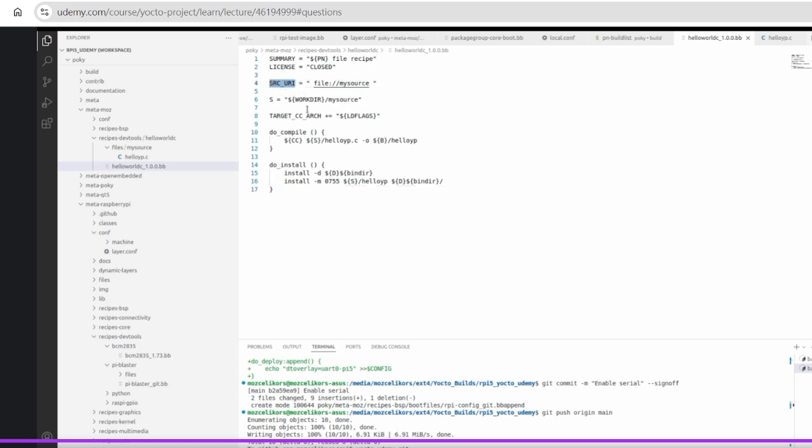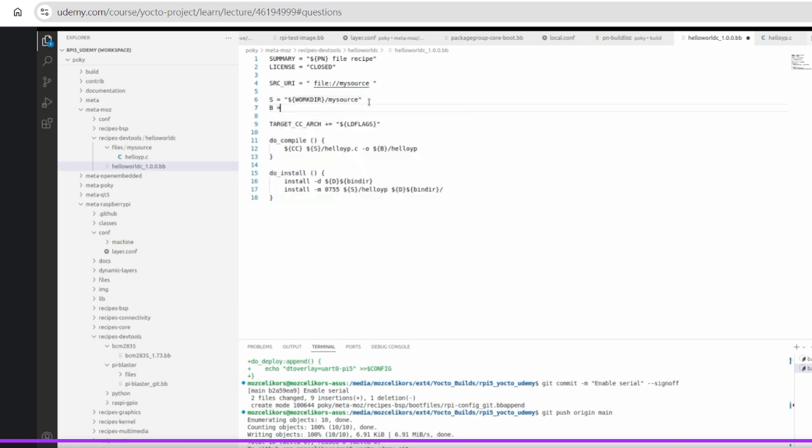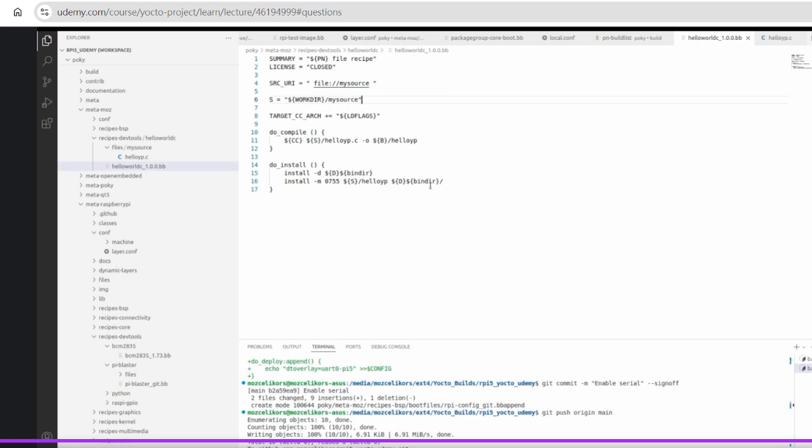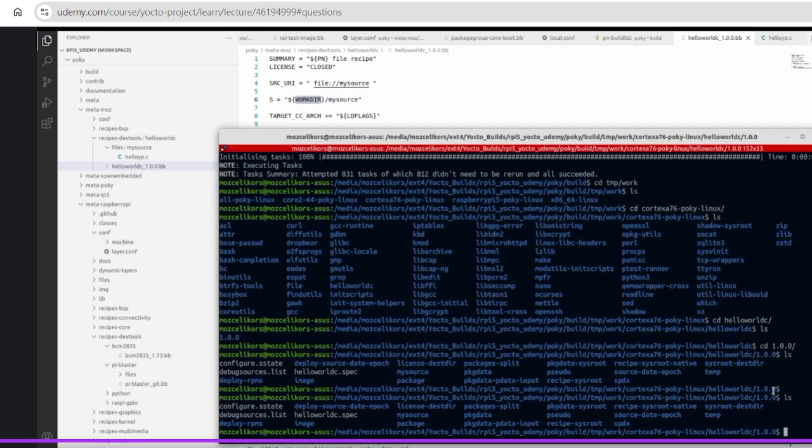In order to create our first image, we need to take care of a few things. One is to make sure that we set up the serial console parameter correctly, so that we can see the boot and the console output from the correct UART port. Second thing we need to take care of is, since we are in the debugging stage, it would be good to add an SSH server to our image, so that we can also use SSH communication in order to connect to our board. In this lecture we will be exploring these options, but first let's talk about